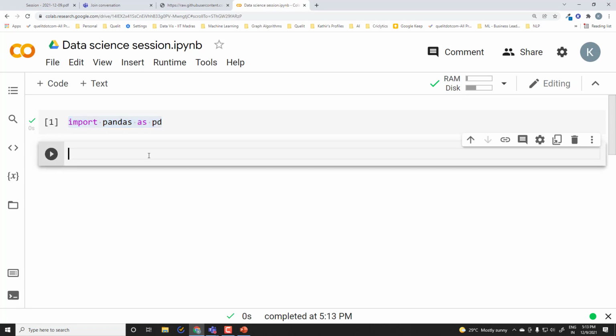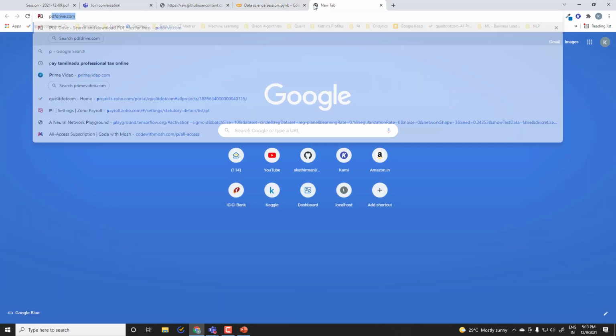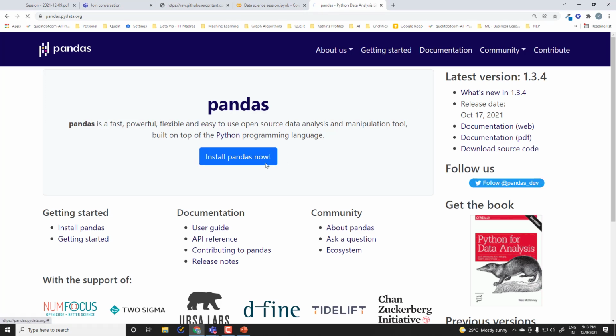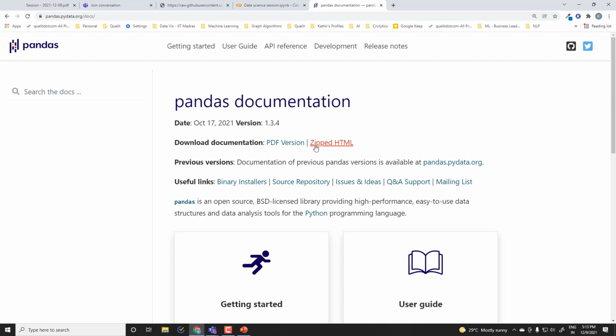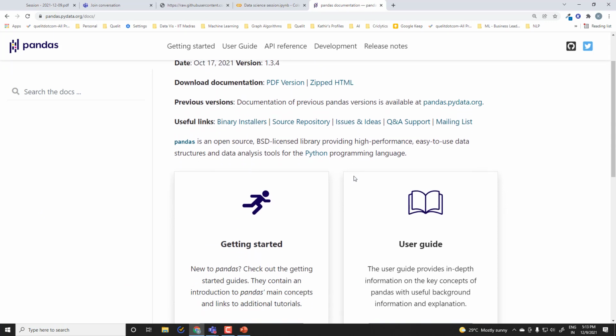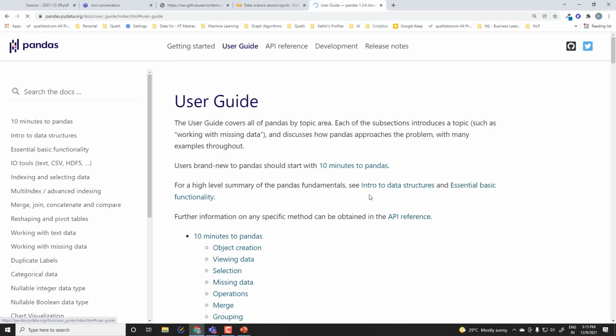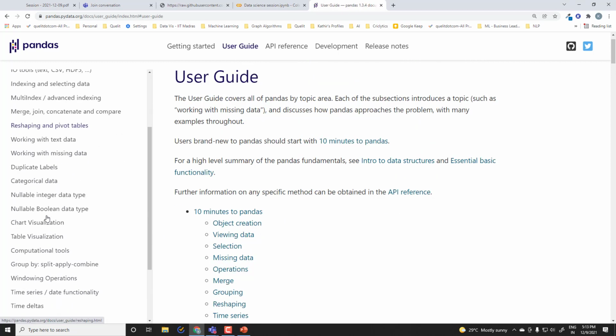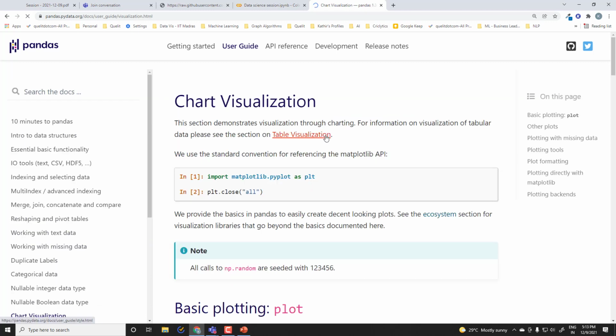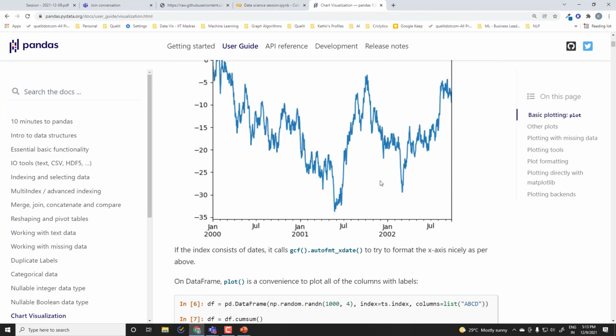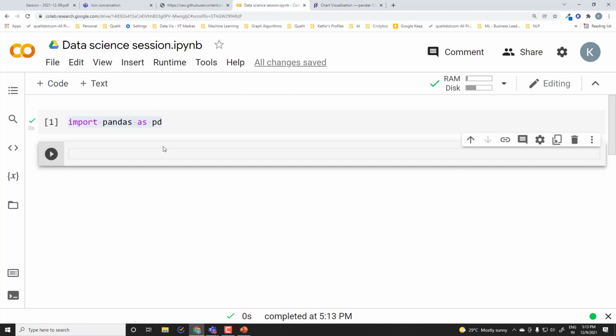And like pandas, there are a lot of other libraries to deal with data, but pandas is one that is widely used, and pretty much anyone who starts their journey in data science will definitely encounter this package called pandas. If you go to the documentation of this library, you will see a lot of examples of how to use it. And if you have text data, or missing values, or you want to do some visualization, anything in and around data wrangling, you can try using this library called pandas, and that is what I've done.